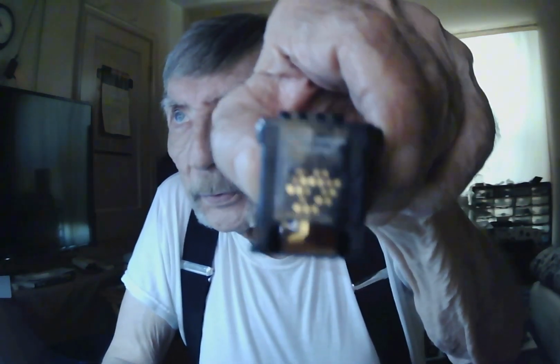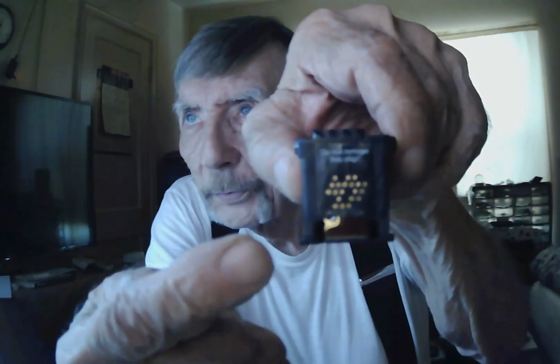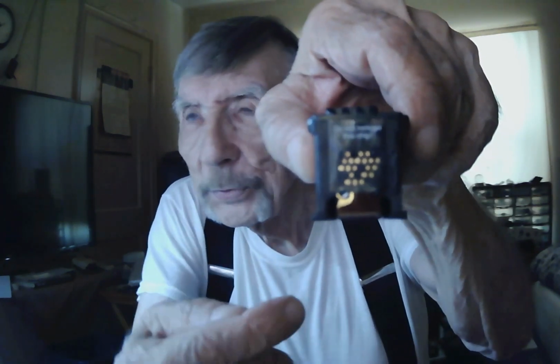So then, I noticed this. If you see this, see here, we get it in focus here. See how there's spots missing here? See, there's some vacancies right here. This is the generic ink. Okay, I can't take the Canon ink out now. It's in my printer. But with the genuine